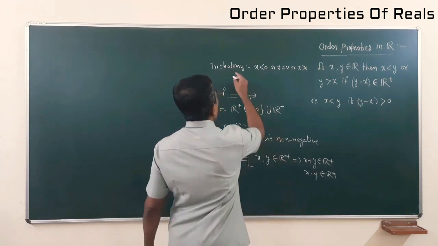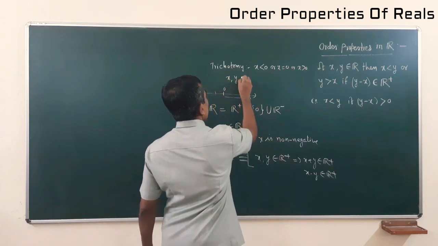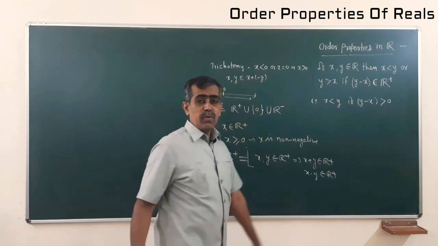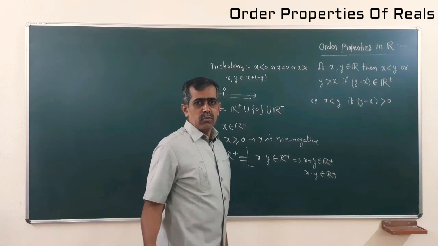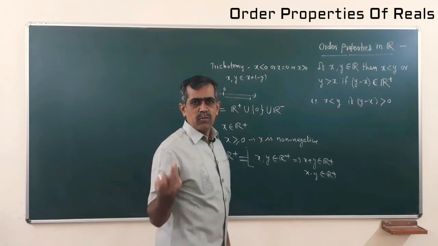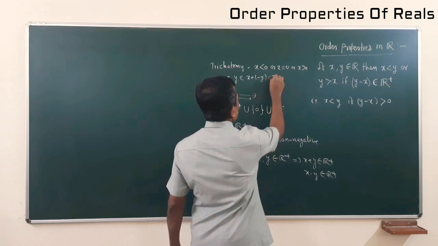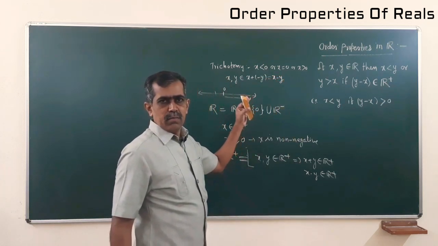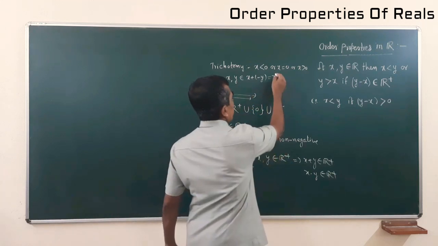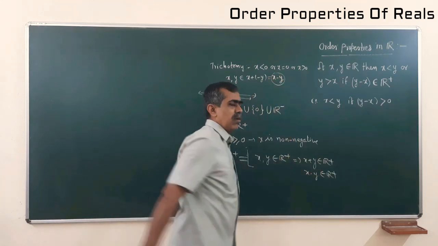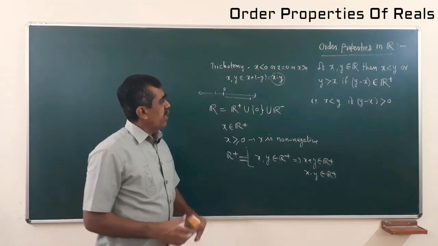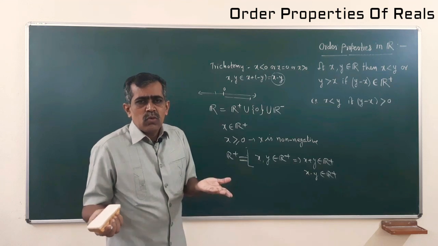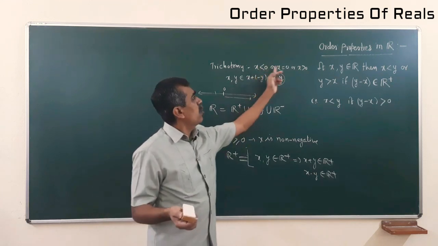Similarly, if you have any two real numbers x and y, then you know x plus minus y. What is x plus minus y? Because if y is a real number, minus y is another real number. So x plus minus y, we denote it by x minus y. So x minus y is a real number. If it is a real number, then again, as x is a real number, x minus y is some new real number. So again it will satisfy one and only one of the 3.